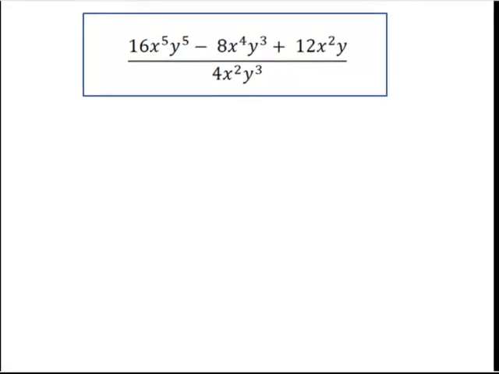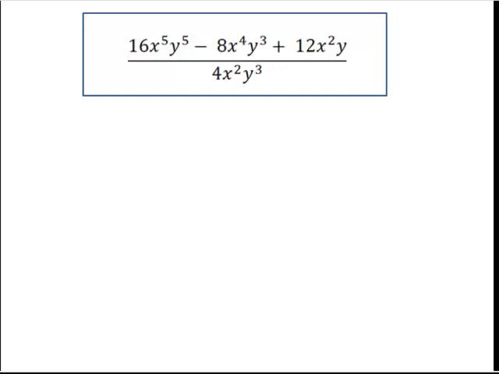In this example, we're going to learn how to simplify a rational algebraic expression. By rational, we mean it's a fraction. It comes from the word ratio, which is a comparison of two numbers, usually written as a fraction. It is algebraic because it has variables, and it is an expression, not an equation, because it doesn't have an